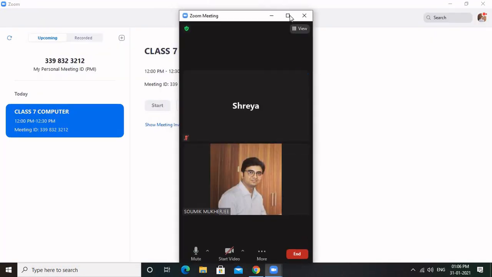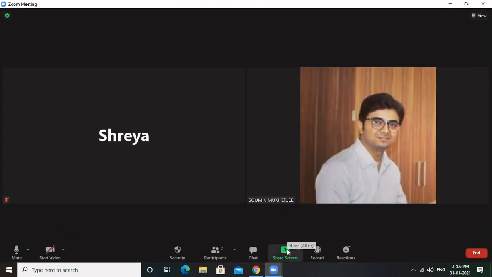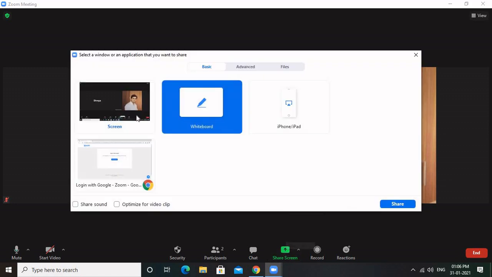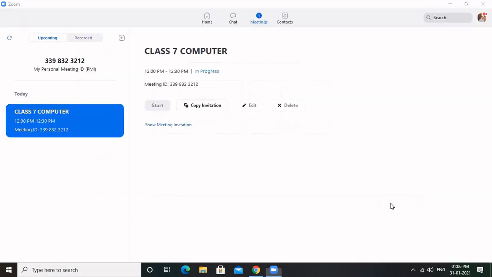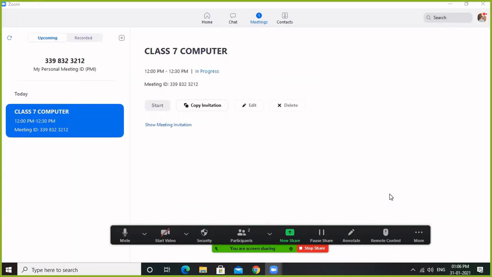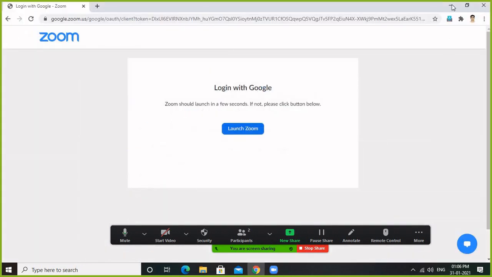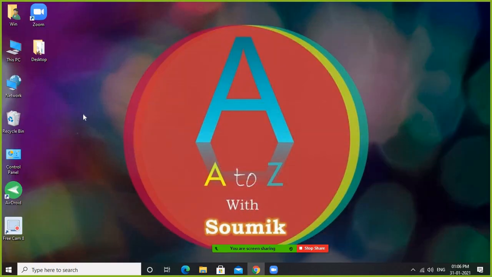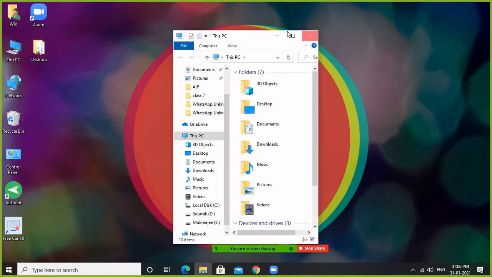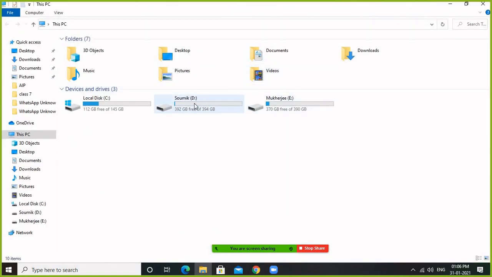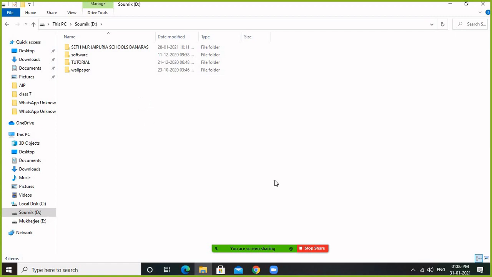Okay, again I want to share my screen, meaning my desktop. So click on the screen option and share. Now what you can see is my screen. If I want to show students my computer option, I can go anywhere and it will be shown to the students.